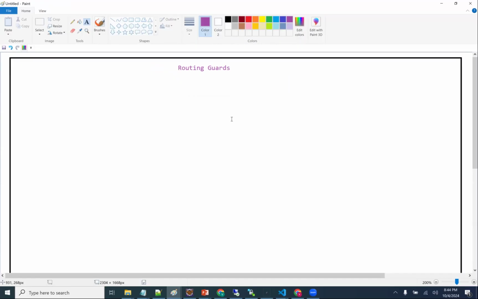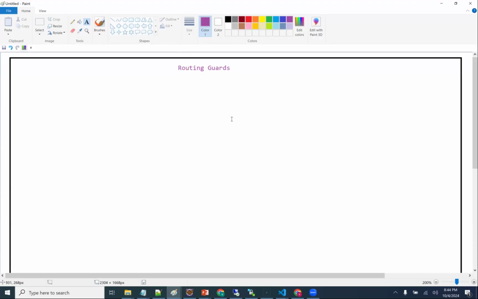Now, what is a routing guard? By understanding the name itself, we can assume something, right? What is a guard? Bodyguard. Correct, right?